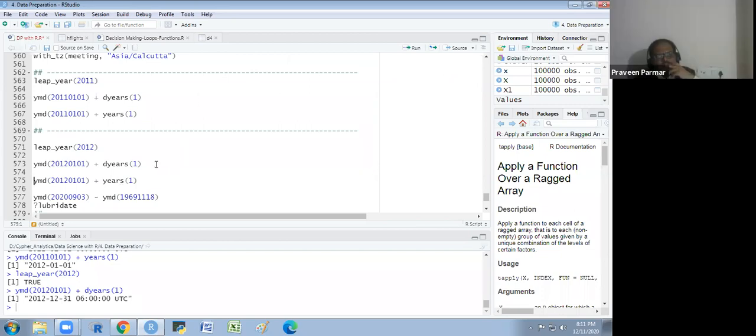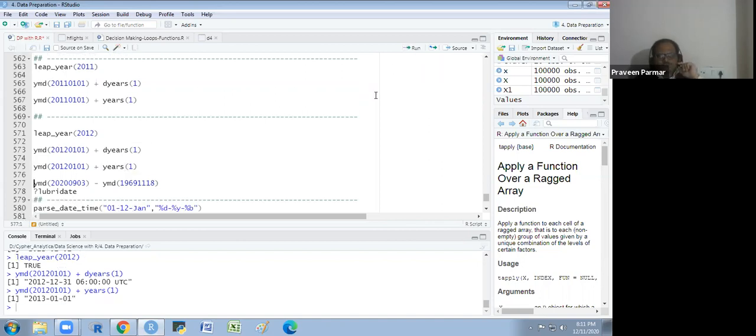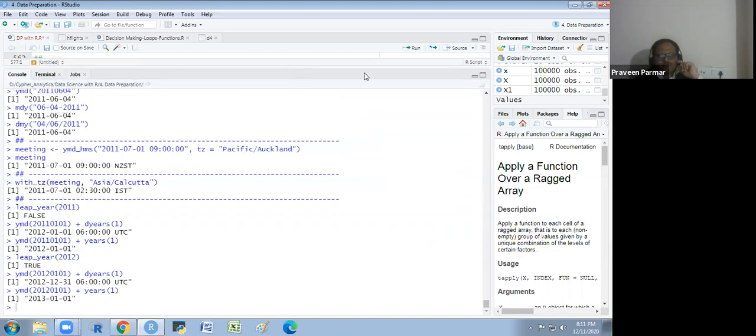Here you see one more thing. When I write the year instead of day years, you see the difference. Look at this. We are getting 1st January 2013. Over here we were getting 31st December 2012.